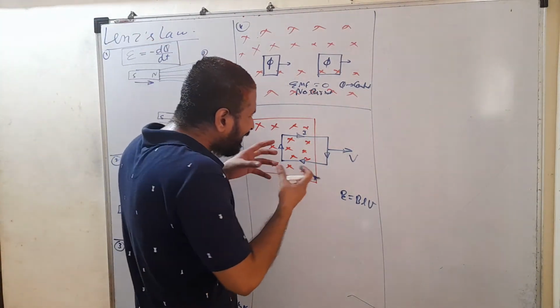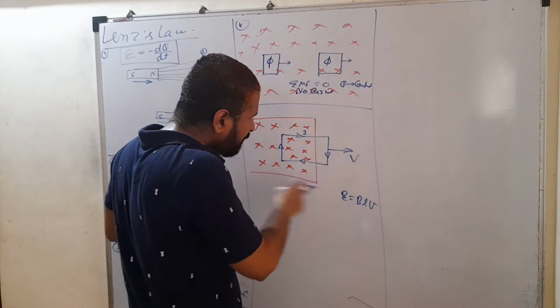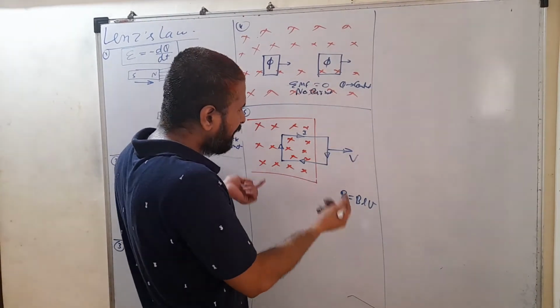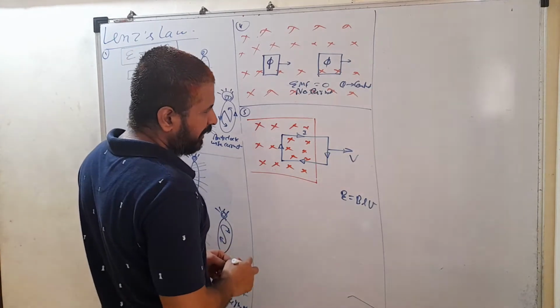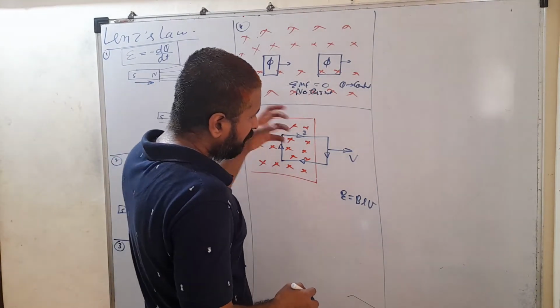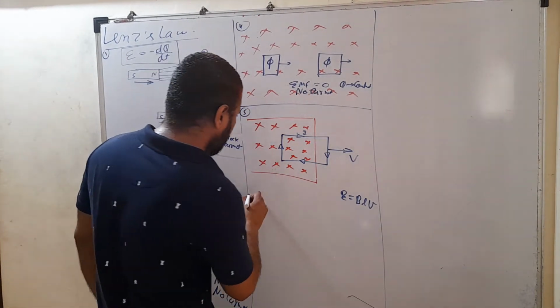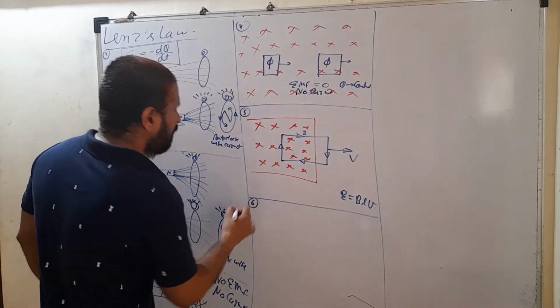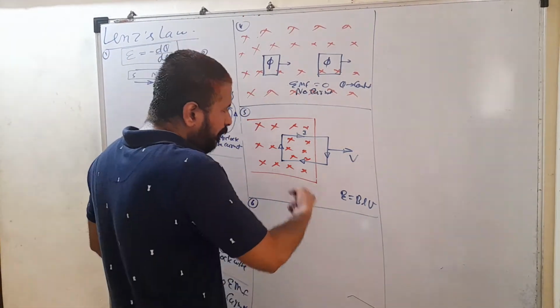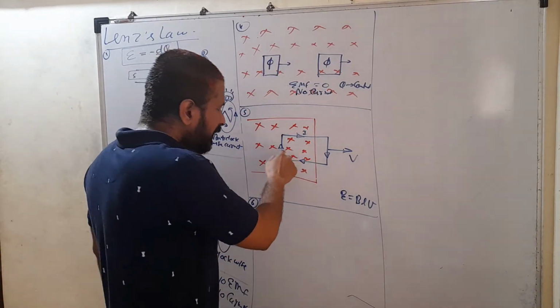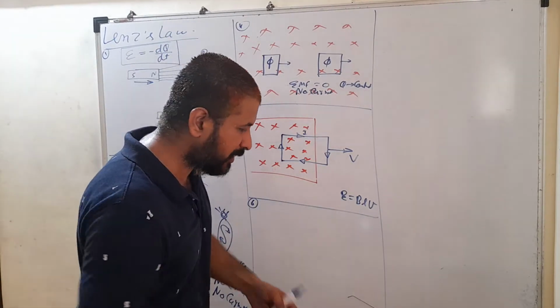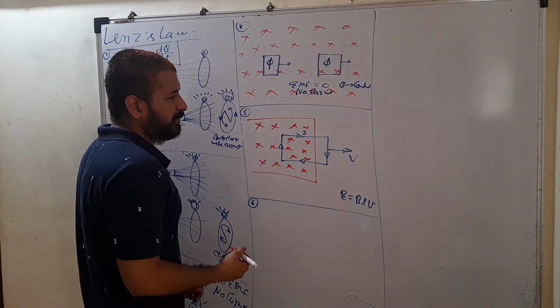So we are trying to decrease cross lines, so clockwise current is developed, which is trying to increase cross lines. Whatever changes we are trying to make, the current is induced to cancel that change, to oppose that change. But still forcefully we are pulling it out. That's why we have to perform mechanical work. Now see, here if current is developed in clockwise direction, now just observe the forces.